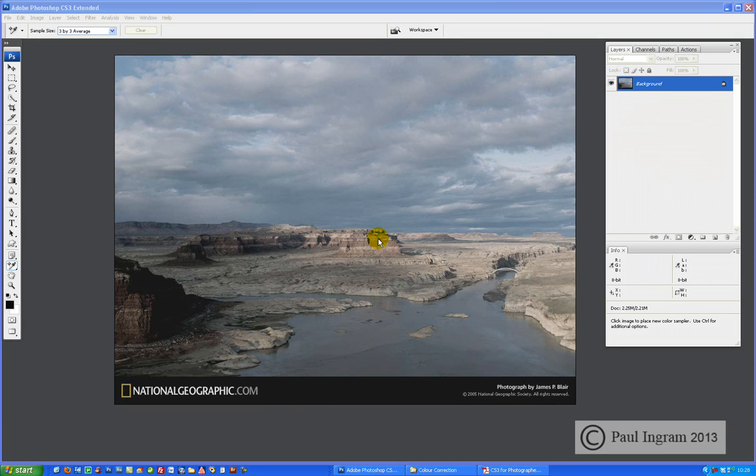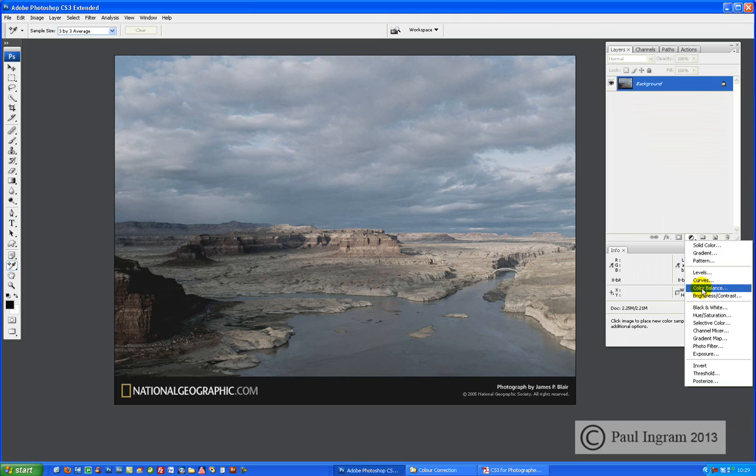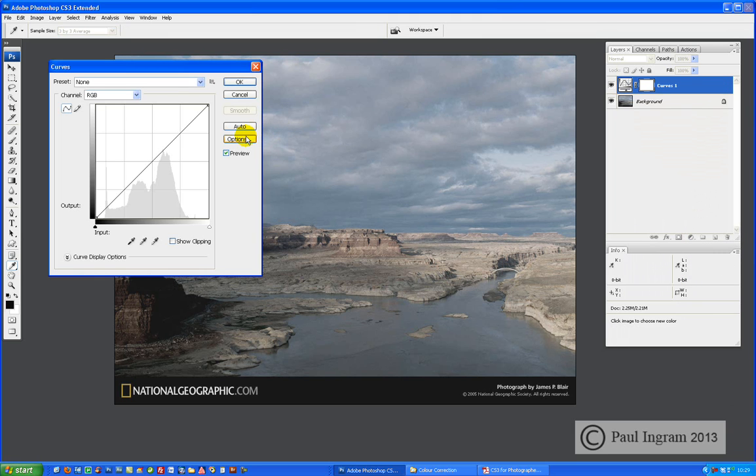In all of the previous intro movies, we've been looking at the Levels palette to make tonal adjustments, and following that we've been using Curves to make tonal adjustments. I purposely haven't mentioned until now, and let's bring up Curves, that the adjustments we've made both in Levels and with Curves, we've been adjusting the RGB channel,